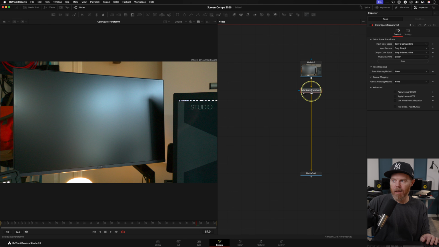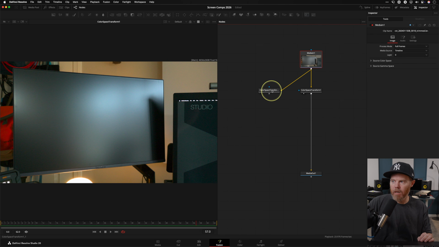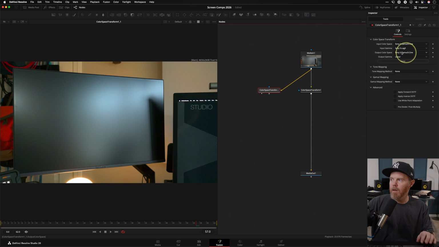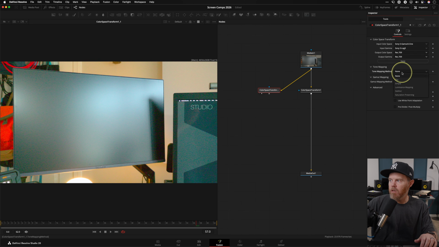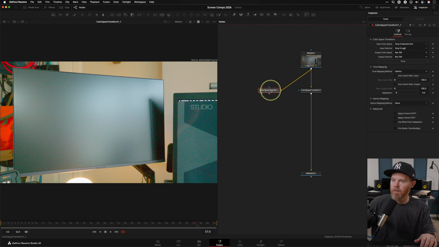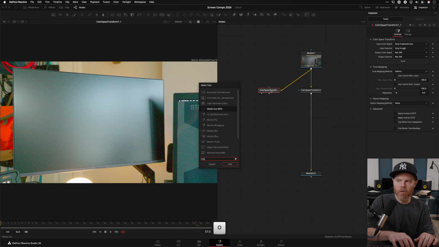So to get a 709 version of this, Command-C on that node, click over here, Command-V, and take a branch. Great thing about nodes, we can branch off. On this one over here, rather than the output being S-Gamut3 Cine, I'll just change this one to Rec 709. Rec 709, turn on the tone mapping, and from here on out, I'm going to open up Mocha Pro, my